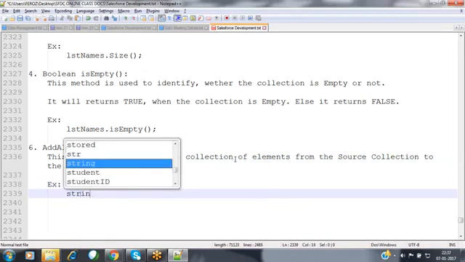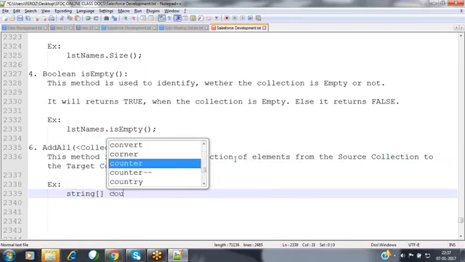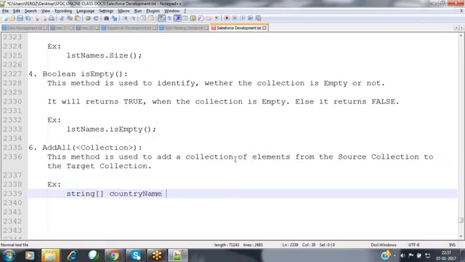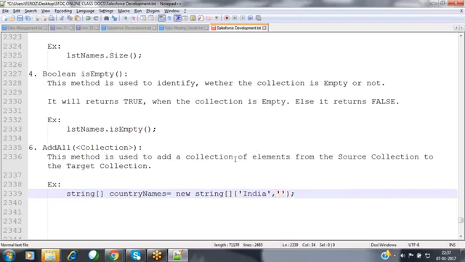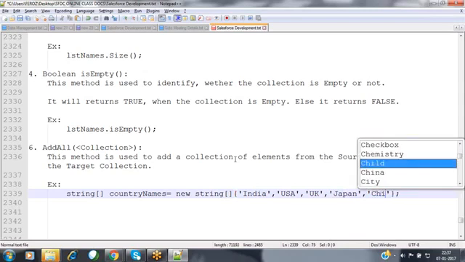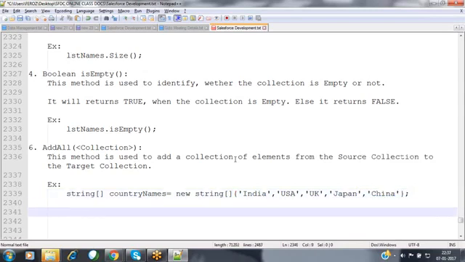For example, I'm defining a string array here, countryNames, new String array. Here I'm specifying some elements: India, USA, UK, Japan, China. Like that, I have added some elements here.